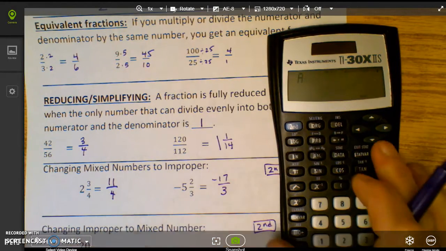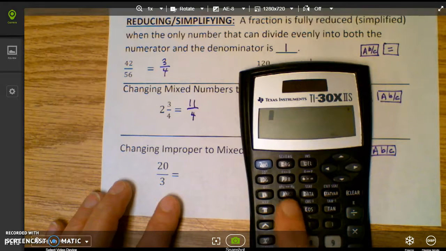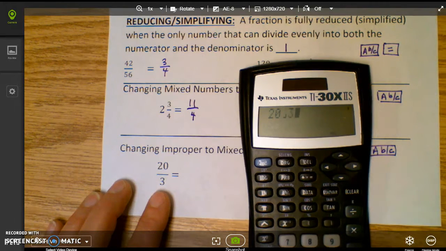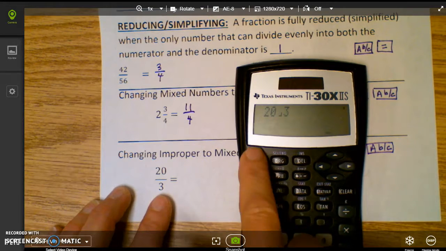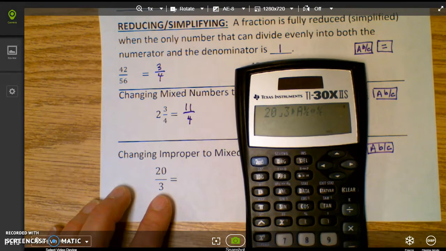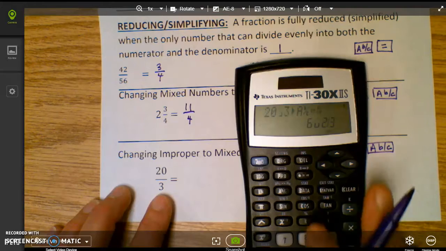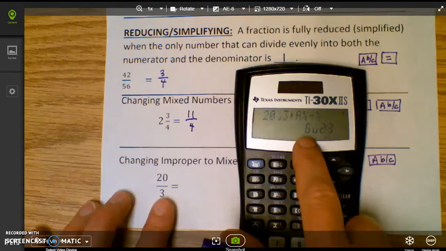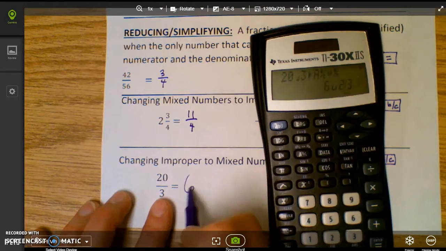-17/3. And then while we're here, guys, you're actually going to use the same buttons to change an improper fraction. So 20 ABC 3 is the problem I gave you. And if you hit second ABC, it's going to change it to a mixed number. And remember, when you read off the mixed number, you have to have the whole number separate from the